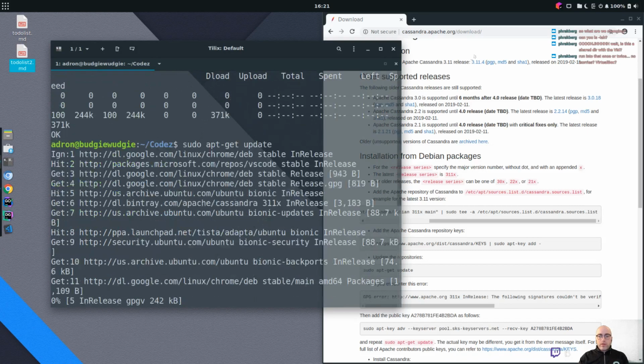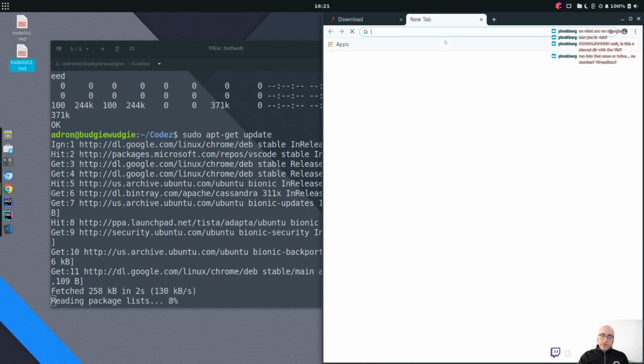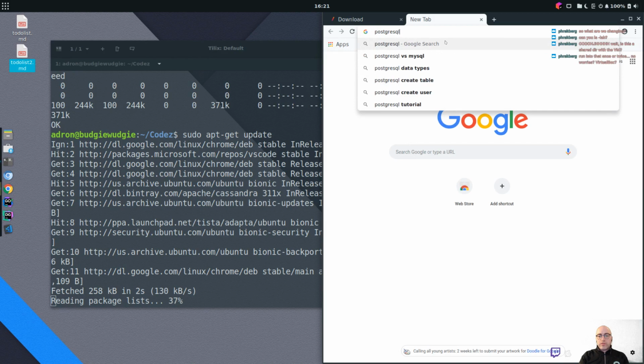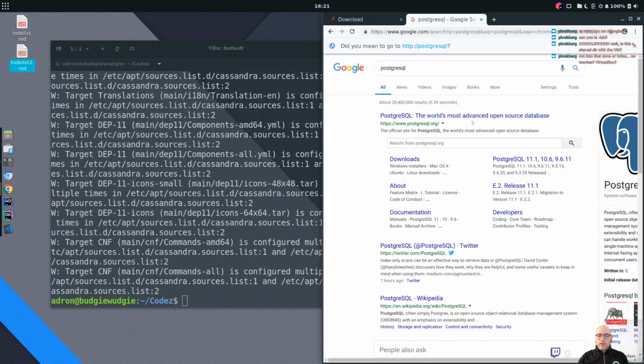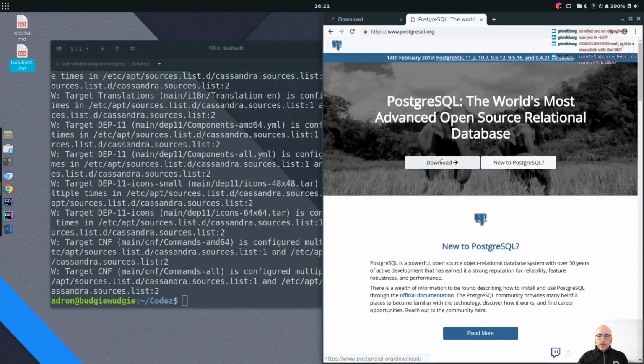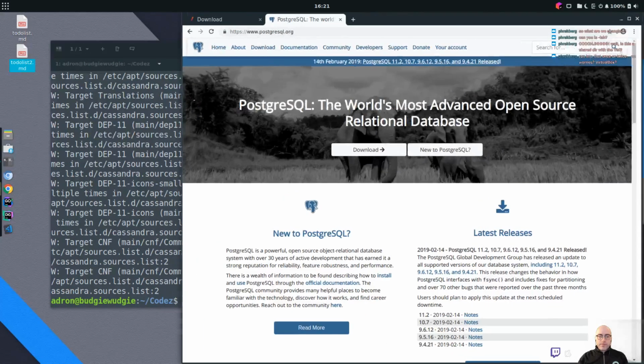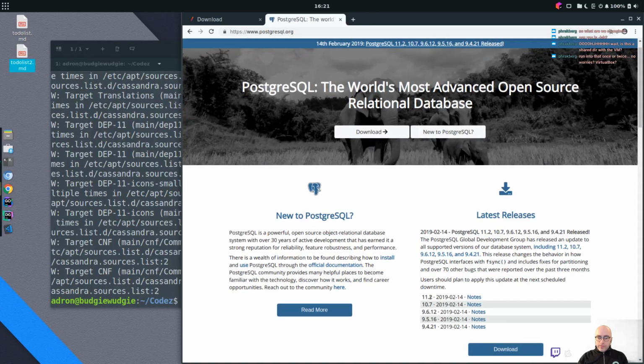Update. Postgres, it's your Postgres tool. What is the latest Postgres is on? That's another question. Is it 11.1? 11.2. Oops,